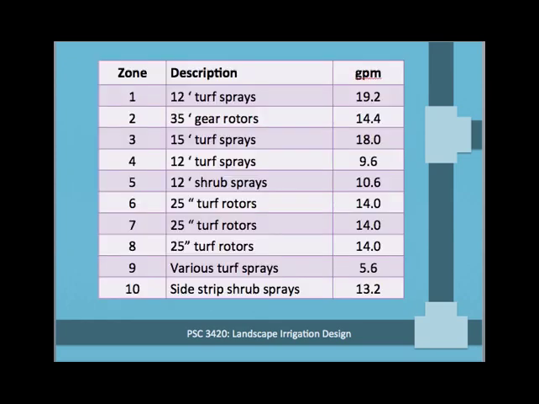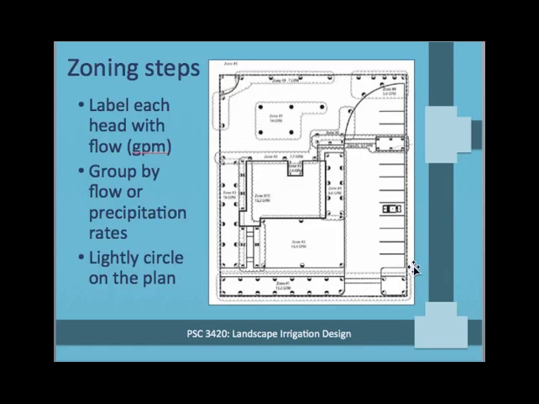All right, so all of those zones have been considered, their flows have been totaled, and the next step is to circle the areas that are going to comprise each zone. Now in this case, something else that must be considered is the total flow that's available for the particular plan. And in this case, the total flow, I don't believe I mentioned this, but let's just say, for example, the total flow available had been